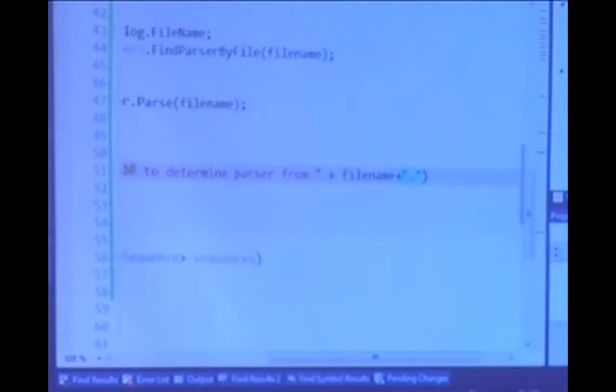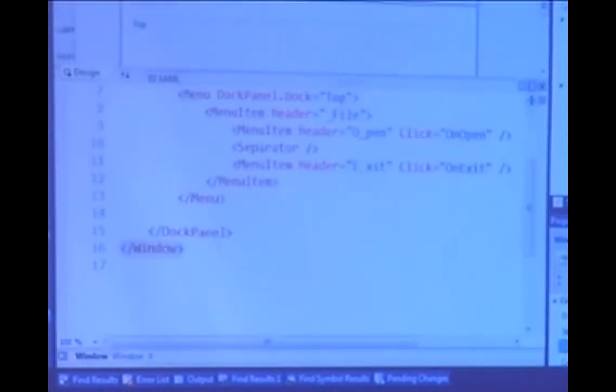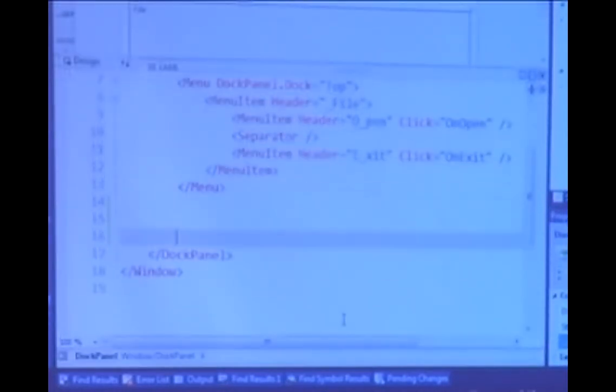All right, now let's figure out how we actually want to display this. We're going to load that whenever we hit this menu item. Let's just go ahead and put in here a data grid. Now, let me preface this by saying that the data grid is not really intended for large scale data. For what we're going to load, it'll be okay. But if I was truly building a full sequence visualizer, data grid probably would not be my first choice.